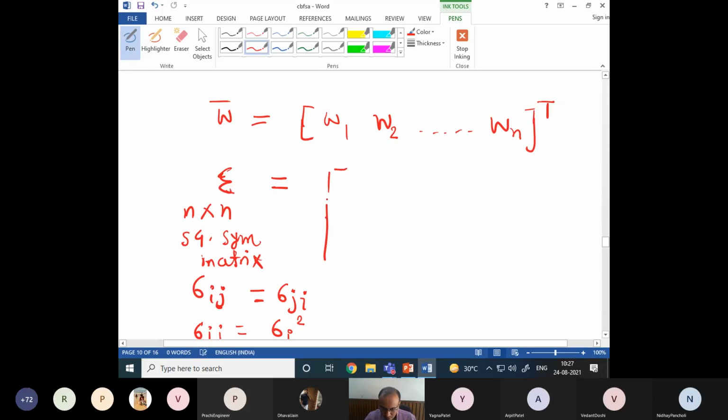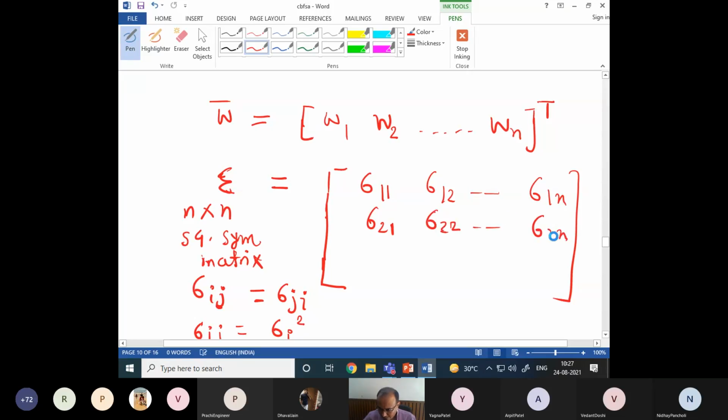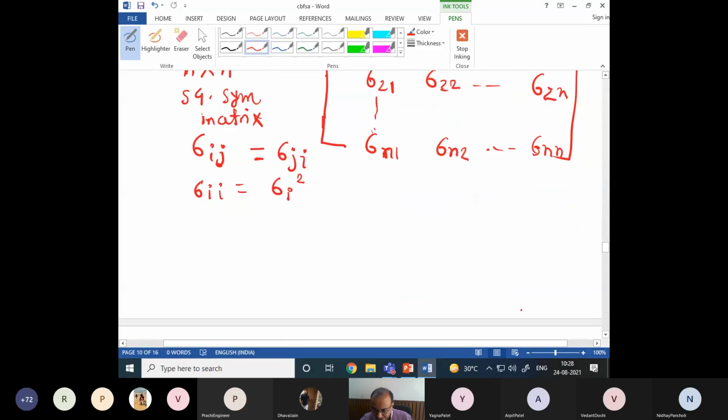In almost all applications, you will find the covariance matrix, and that is sigma 1 1, sigma 1 2, it moves up to sigma 1 n. The second row will be sigma 2 1, sigma 2 2, up to sigma 2 n. And the last row of this covariance matrix will be sigma n1, sigma n2, up to sigma nn, which is sigma n square, actually the variance for security n.